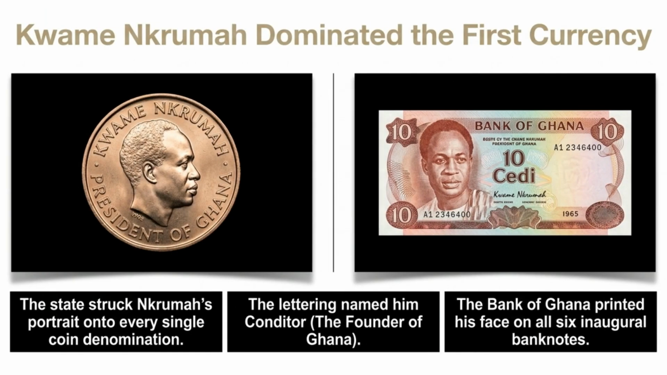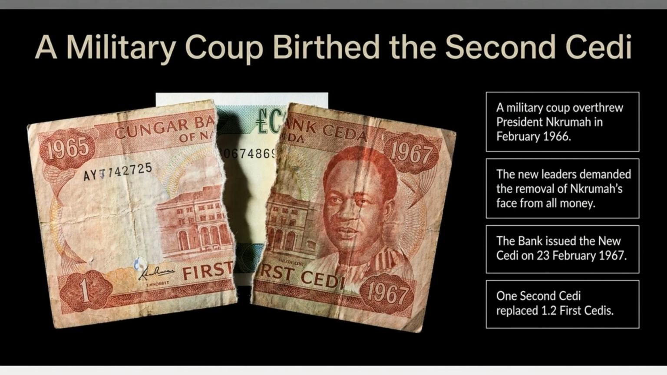The first currency featured President Kwame Nkrumah prominently. His portrait appeared on all inaugural banknotes and every coin denomination, where he was titled Conditor, meaning the founder of Ghana. A military coup in February 1966 led to significant changes. The new administration ordered the removal of Nkrumah's image from all currency, and the new Cedi was issued on February